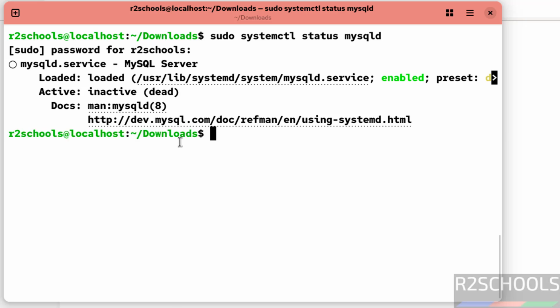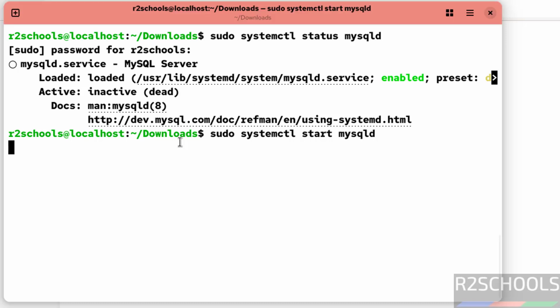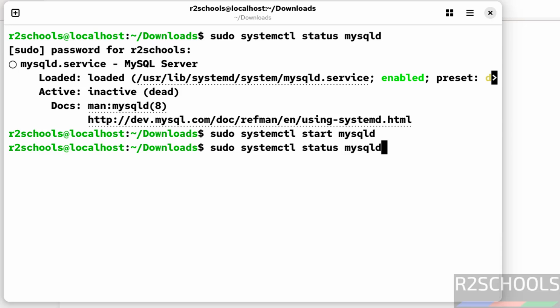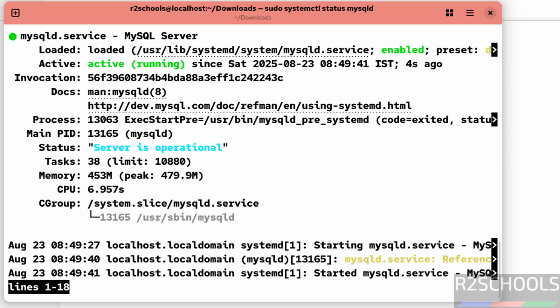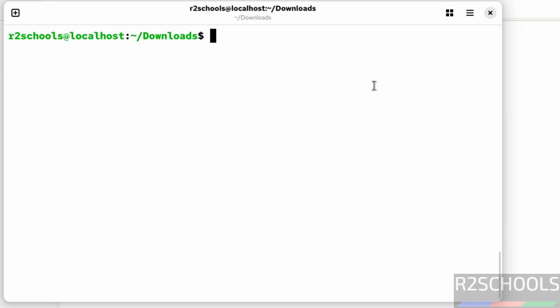So start it. sudo systemctl start mysqld. Now verify the status. See, MySQL server is active and running and it is enabled. Ctrl L. Now connect to MySQL server. To connect to MySQL server, we must have the password of any MySQL user account, but we don't have anything, so we can get the MySQL user temporary password by going to sudo